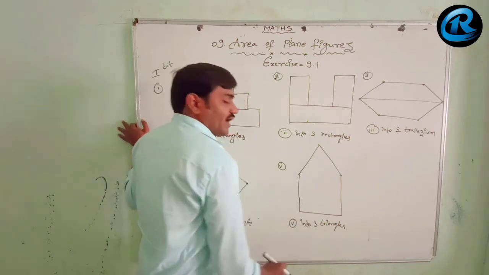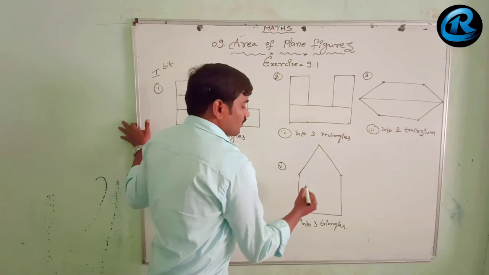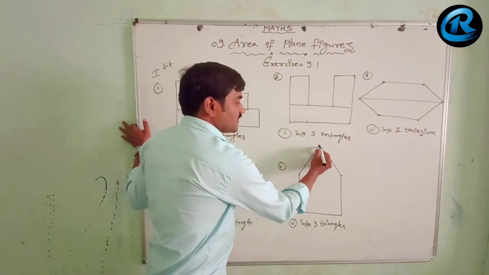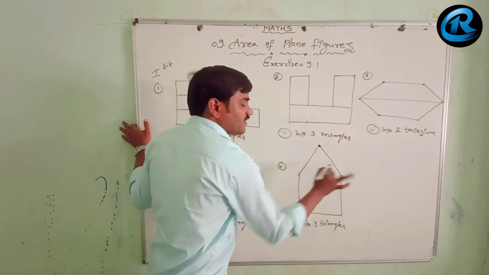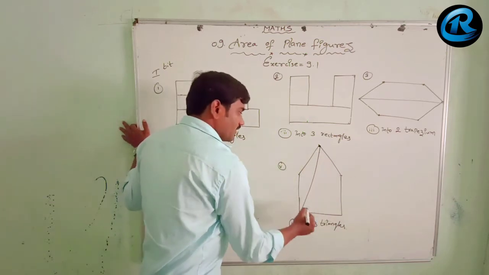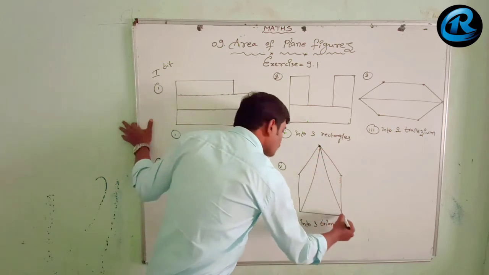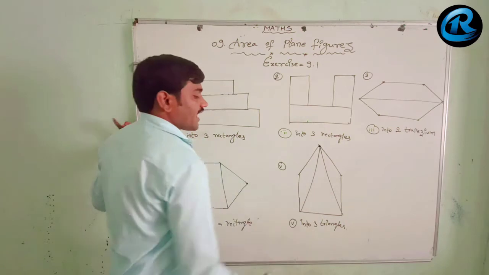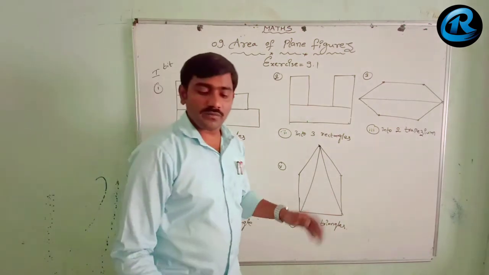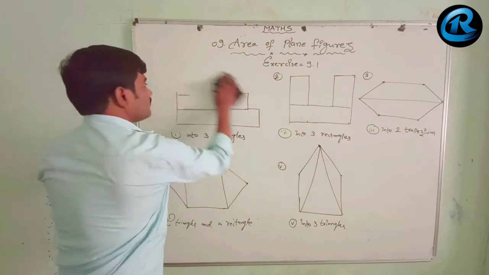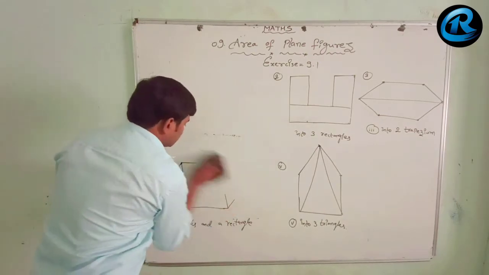So this we have to divide into 3 triangles. Simple. How can we draw 3 triangles? You choose any one vertex. I will choose this vertex. You can go with this one or any vertex. It is a pentagon, no? So draw from here, to the opposite vertices you draw the lines. Simple. 1, 2, 3. 3 triangles are completed. So this is the first bit. As instructed, we have divided the given shapes.